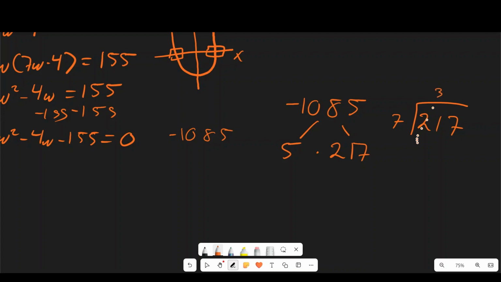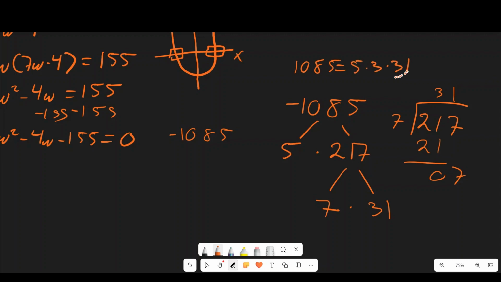7 goes into 21 3 times. 21, subtract, that gives us 0. And then we drop the 7 down, and 7 goes into 7 one time. So there we go. Now we know 217 can be further broken up into 7 times 31, right? And we can't really break up 31 into any more numbers because 31 is a prime number, so it doesn't have any factors. So now we know 1085, if we just write 1085, is equal to